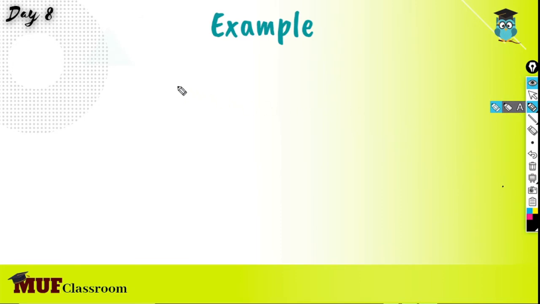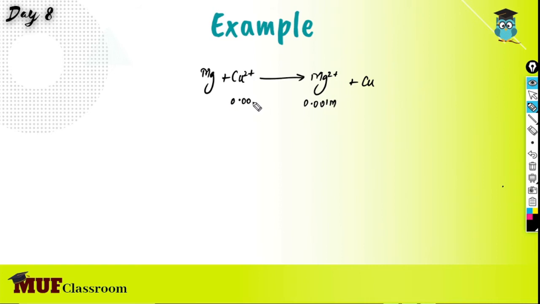So now let's take an example as Mg plus Cu2 plus giving Mg2 plus Cu, and the concentration given is 0.001 molar, and on the left side we have 0.0001 molar. So now we know the Nernst equation. Here they have not mentioned any temperature, so we will consider it as 298 Kelvin,